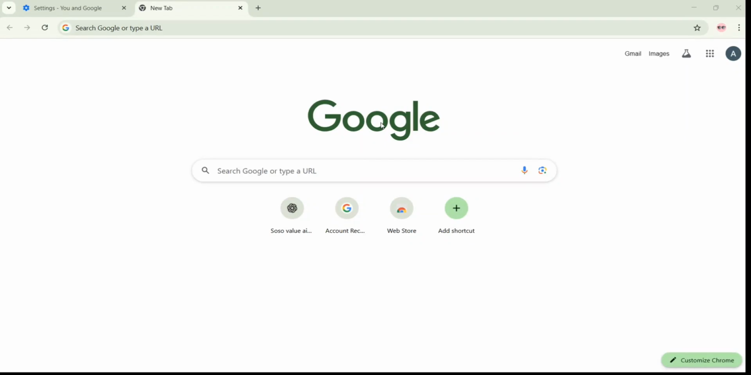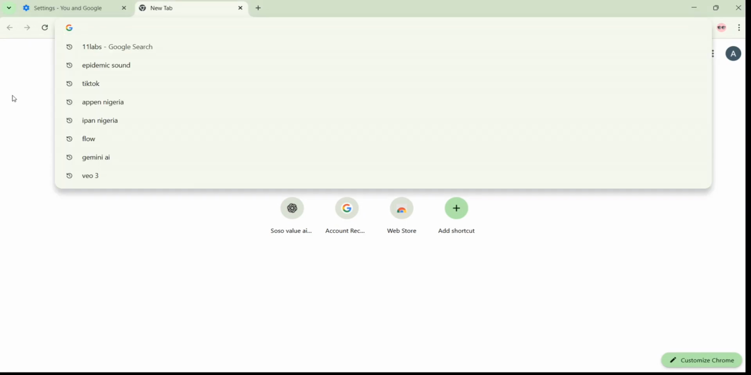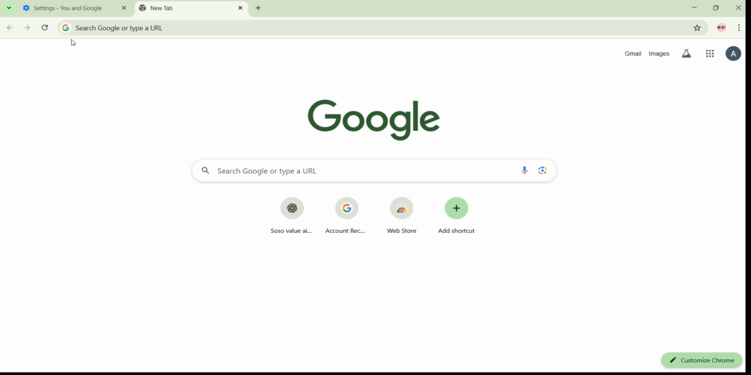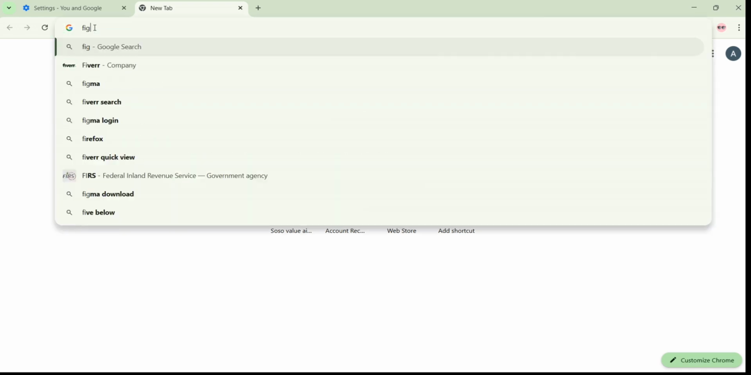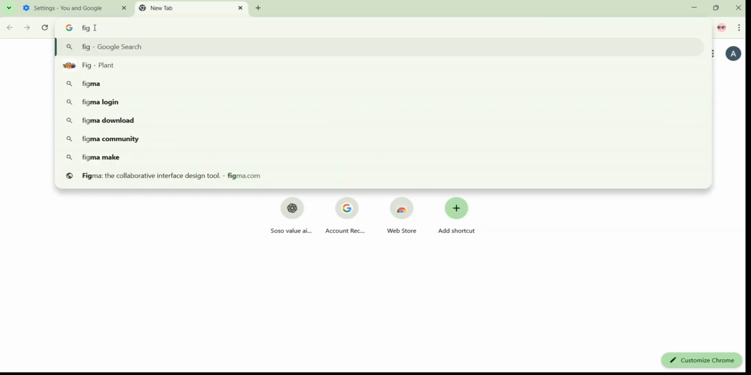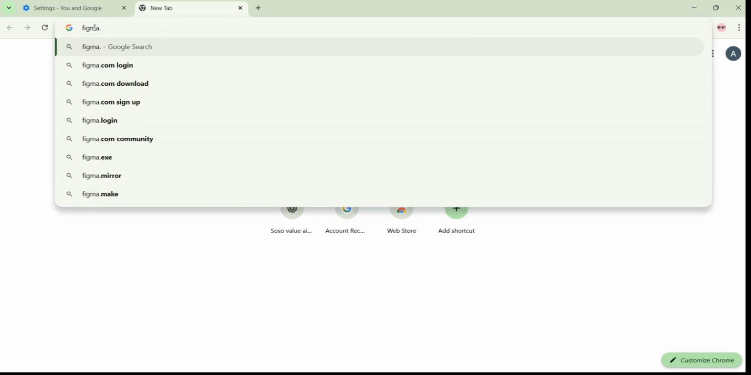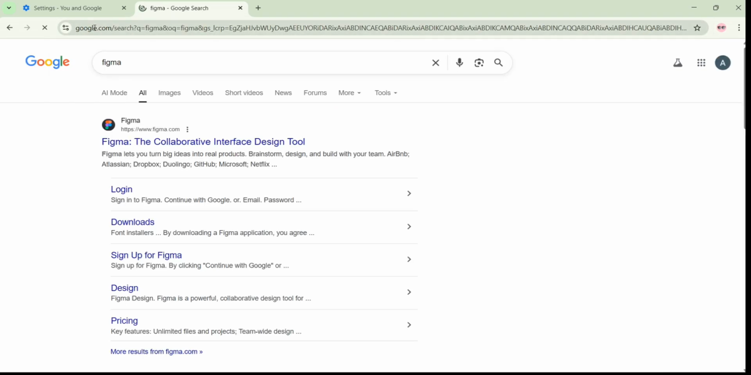Alright, so welcome to this video, and in this video we are going to be learning how to get started with Figma. So the first thing you need to do is to come up to your search bar on Chrome or whatever browser you'll be using. You search for Figma, just type in Figma in the Google search bar. The first thing that comes up will be figma.com, or you can also go directly to figma.com. So I'm going to click on figma.com, the first link,